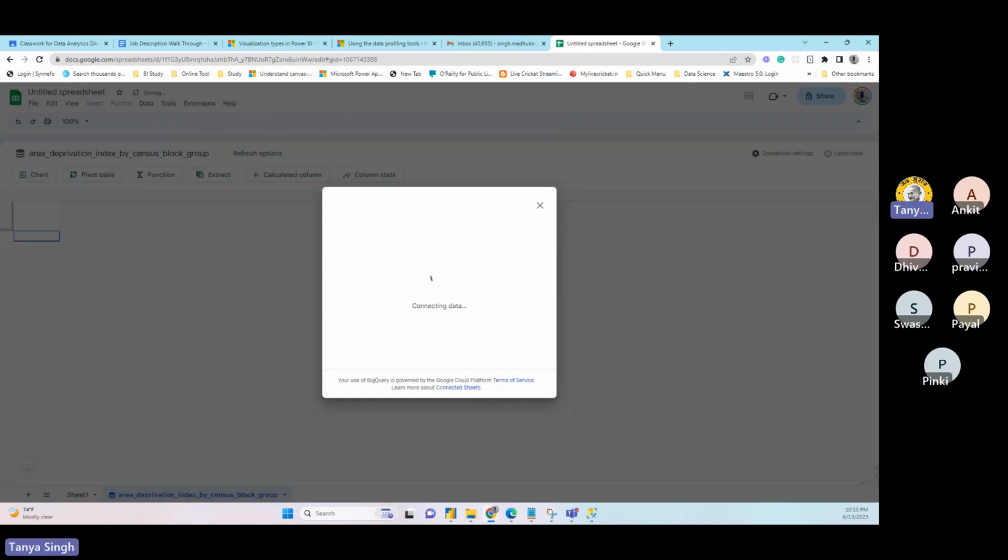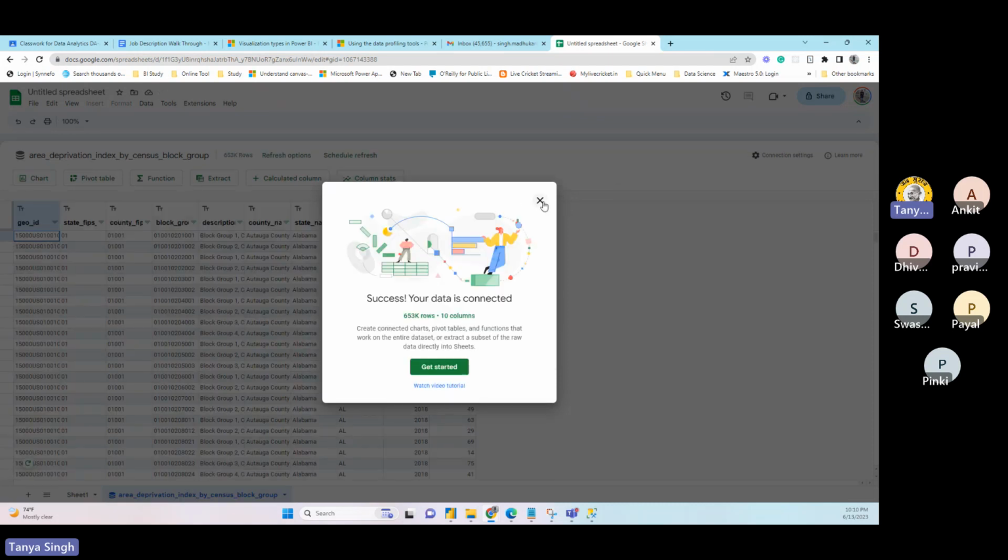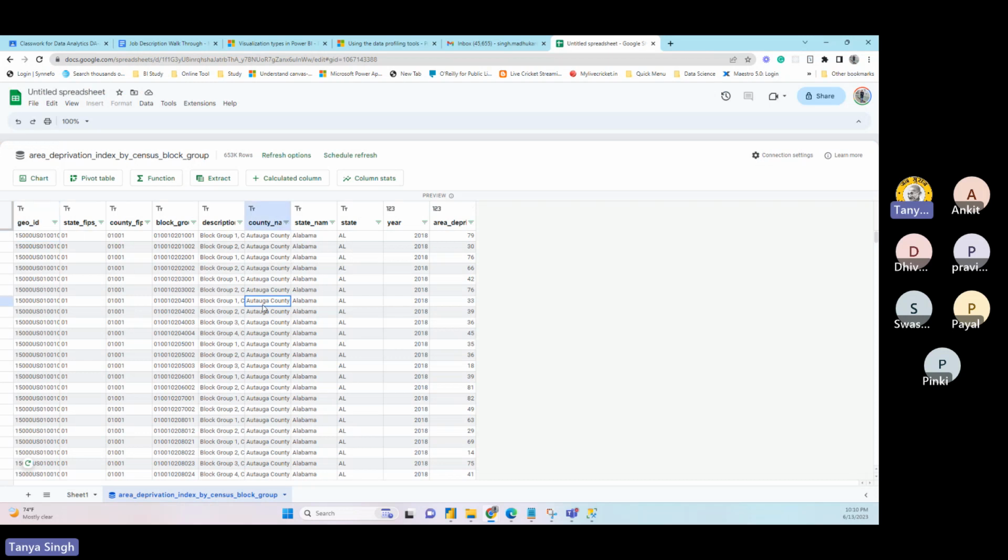One takeaway I wanted you guys to have: everything is clicks. What you need to know is where to click for what. That's the only thing you need to learn. It's not rocket science. You do not need to learn programming. You just need to know where to click and what will happen. That's the entire data analyst role and entire tooling. All right.